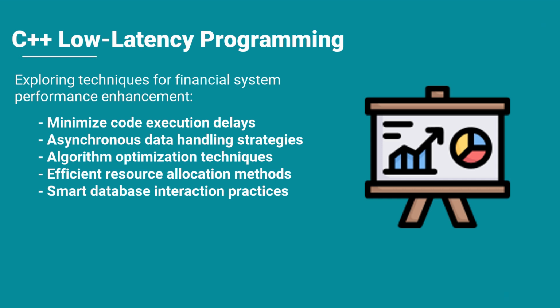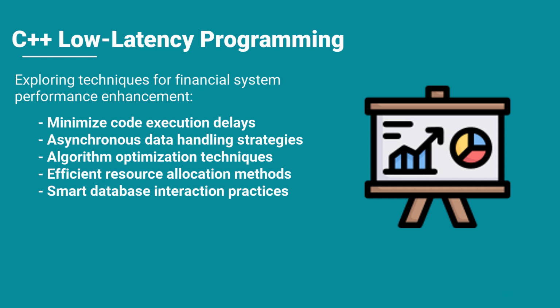So far, we've learned about the importance of strategic scalability in financial trading systems, focusing on efficient data processing and performance optimization. We explored techniques like asynchronous data handling and caching to enhance responsiveness and reduce latency. Additionally, we discussed algorithm optimization, effective resource allocation through worker pools, and the significance of monitoring and profiling systems for performance enhancement. Finally, we emphasized smart database interactions, such as indexing, to ensure that high-frequency trading systems can operate effectively